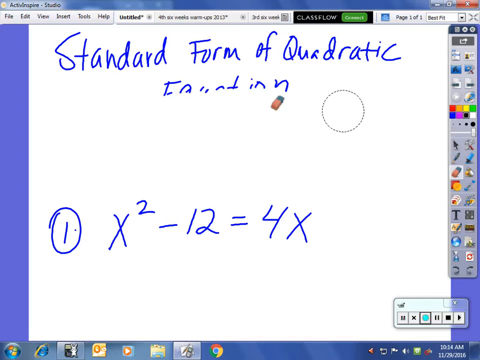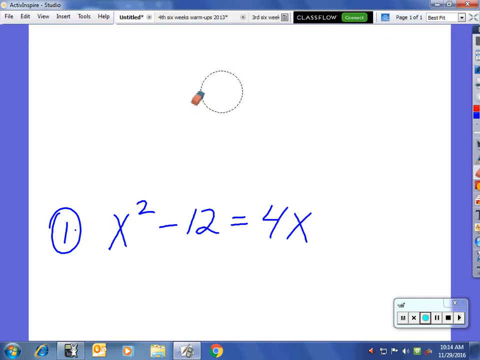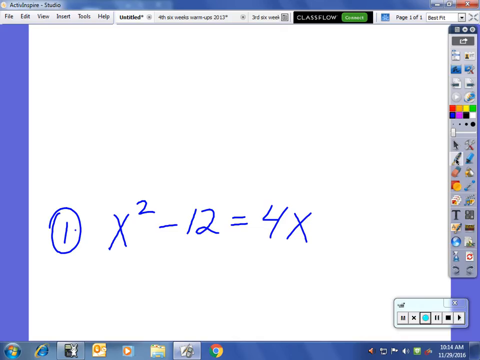The first step on these problems is basically moving stuff to the other side of the equal sign. And you always have a choice on what you can move. We could move the x squared and the minus 12, or we could move the 4x. The way I would make my choice is to look at your x squared term. If it's already positive, then you don't want to move it, or anything else that's with it. So we definitely don't want to move the x squared and the minus 12. We want to move that